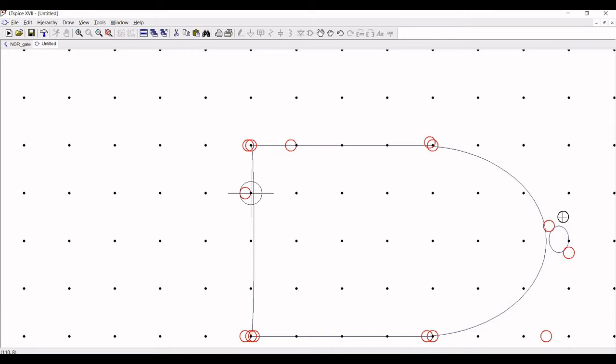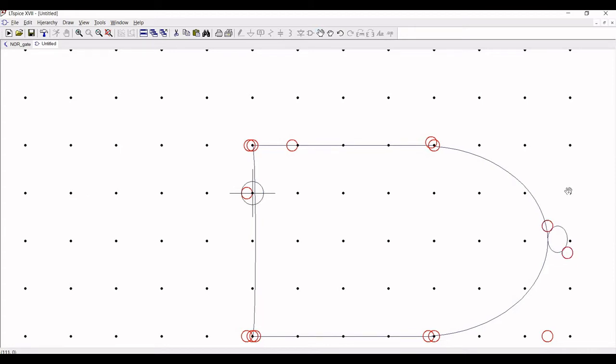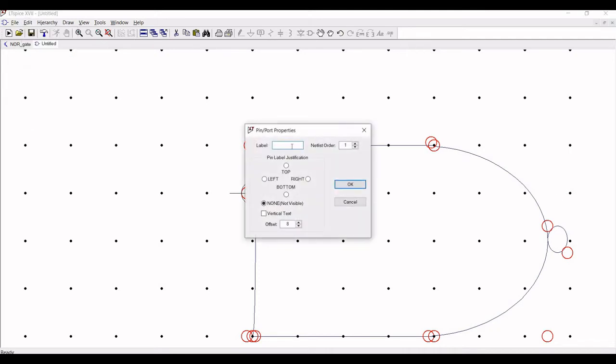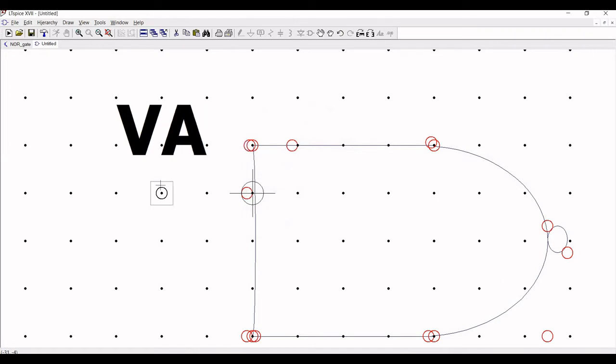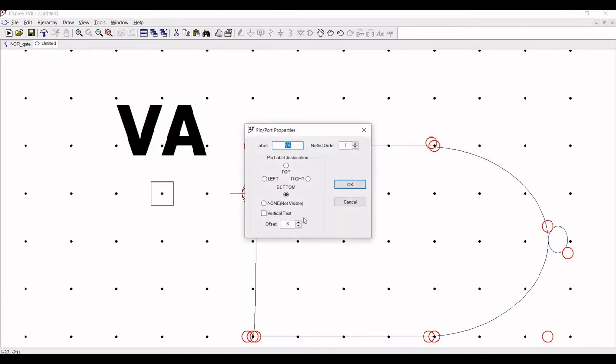Now, once we have drawn our desired NOR gate symbol as shown in this particular tutorial, we have to place the pin ports. So click on add pin port, define the label as VA and place this add pin port on the schematic as shown in this particular tutorial. Next, we have to place the second add pin port,